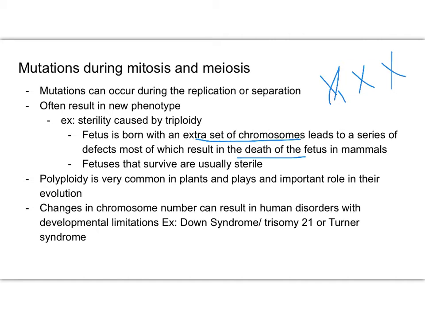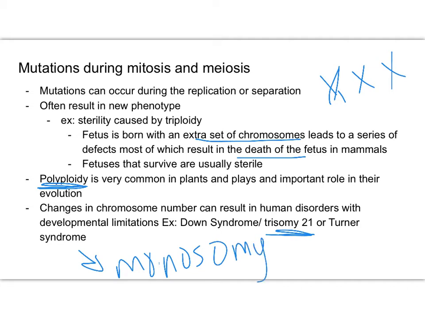And we'll talk, this is kind of a brand new thing, so we'll talk a little bit more about that in class. These changes in chromosome number, though, can result in very significant disorders. Like we said just a minute ago with trisomy 21 for Down syndrome, Turner syndrome, which is a monosomy situation, right? So mono is 1, right? Tri is 3. So Turner syndrome is a monosomy situation.